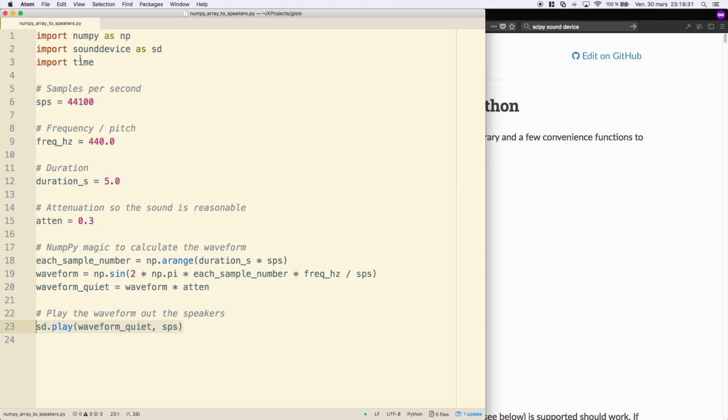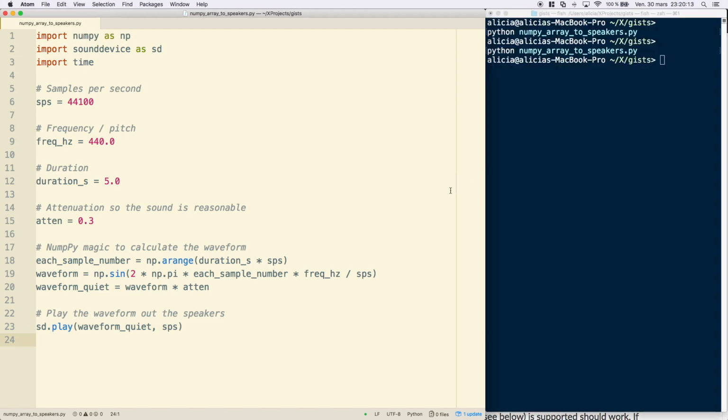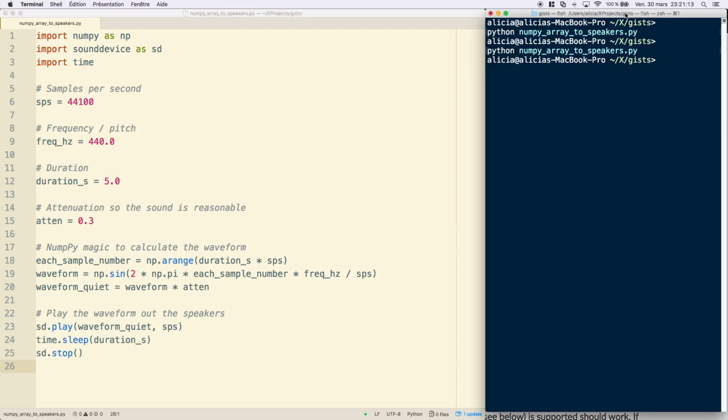So let's use the time module that we have here to introduce such a delay, and then we'll get a noise. Here's the delay. So I'm just going to use the time.sleep. And I'm going to do that for the duration in seconds. We have the duration in seconds here, here, and here. So I'm just going to delay for the duration that I defined in the variables that I put in up here. And then finally, just for good measure, I'm just going to shut down the sound device from playing, switch back over to the command prompt,